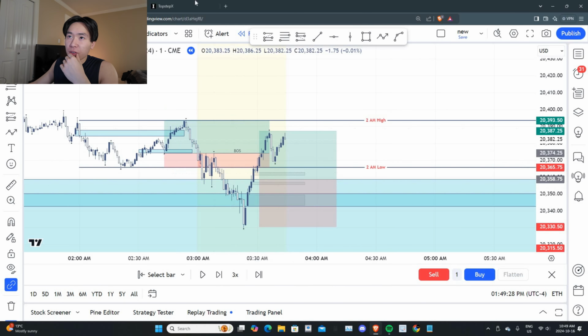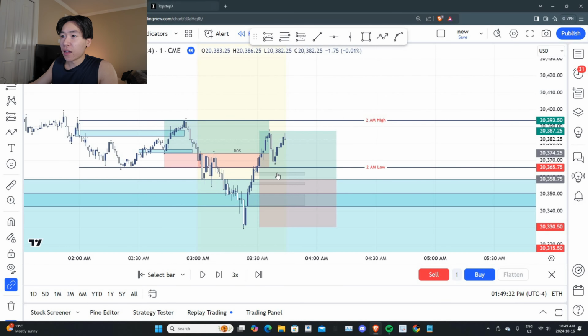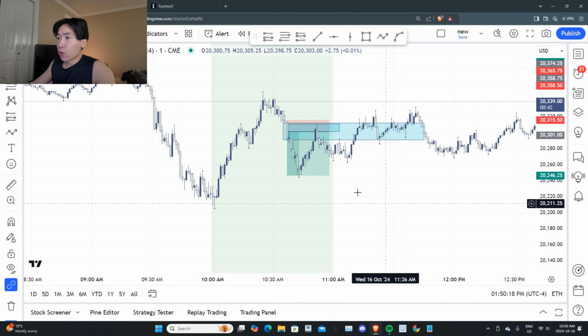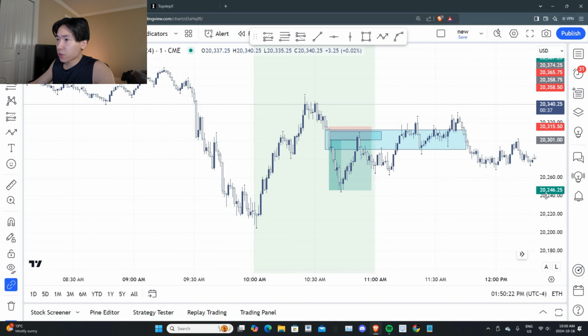Basically, I took partials and left 1 contract running, and I moved my stop loss to break even. Basically, that was that. I mean, it was a winning trade. I'll take it. All right, so as for the last trade we took this morning in the New York session,